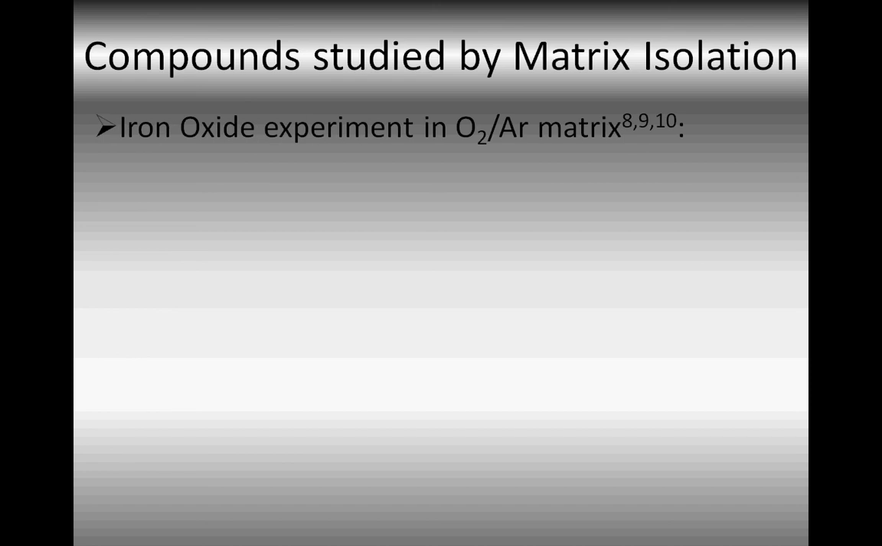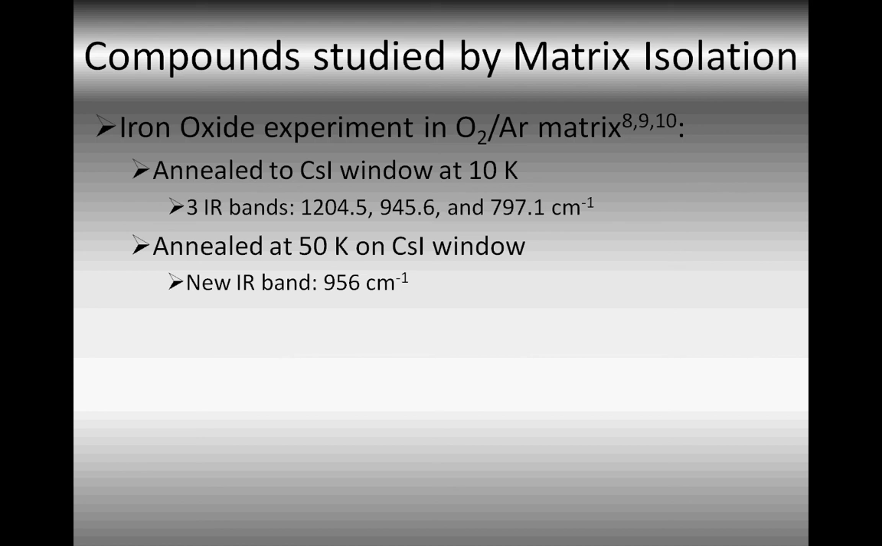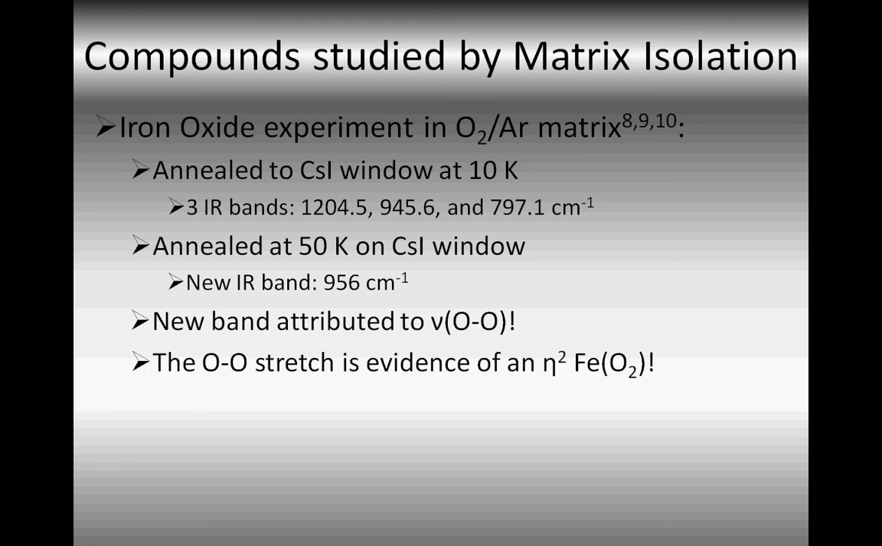Here's another case study where iron oxides were actually studied in an oxygen and argon matrix. They were annealed to a cesium iodide window at 10 Kelvin, and 3 distinct IR bands showed up at the values listed. And then they turned around and they annealed them at 50 Kelvin on a similar window, and it actually turns out that there was a new IR band at 956 inverse centimeters. The new band is actually attributed to an oxygen-oxygen vibration,